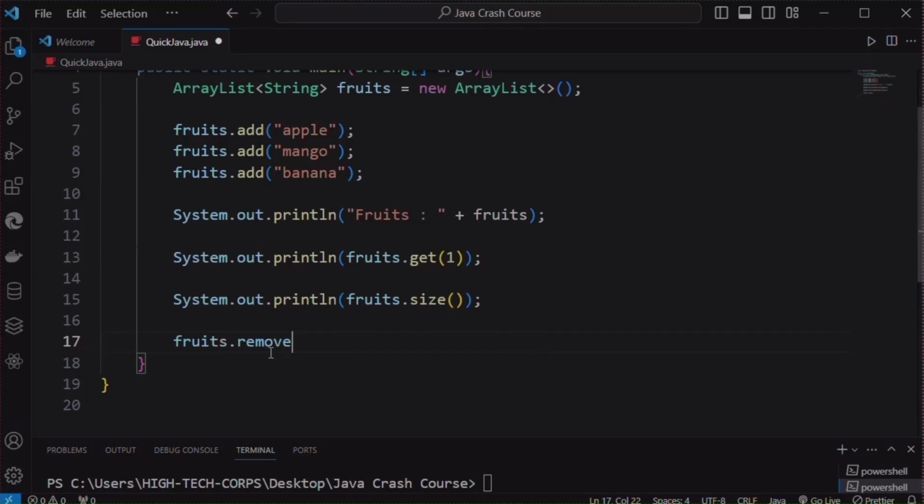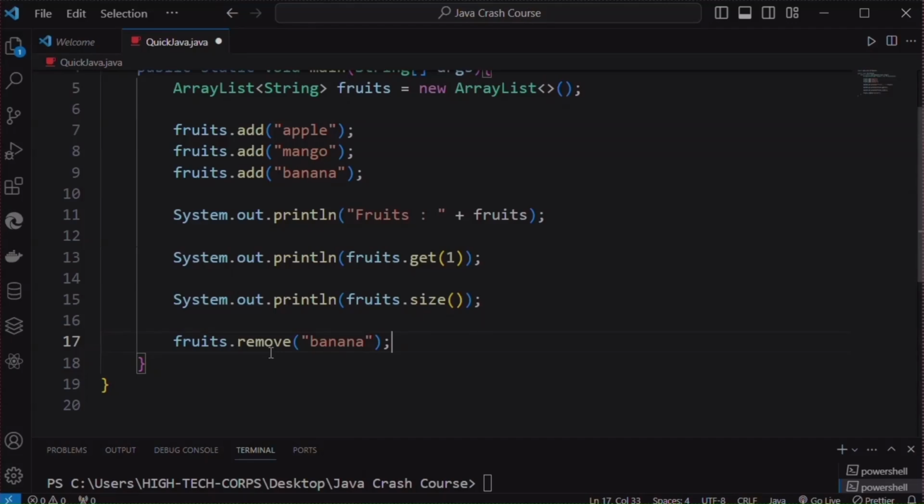This is another method inbuilt within the array list class, and then now I will specify the element which I want to remove from the list. The element I want to remove, in double quotes just because it is a string. If it was an array list of integers, I would not need to put double quotes. Let's say I want to remove the element banana. I will simply write banana,